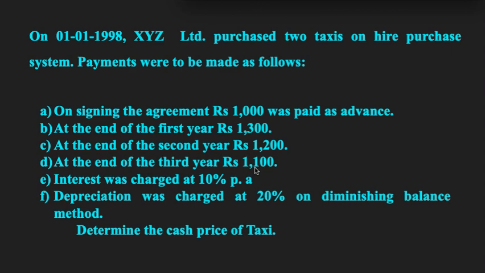Now what about when we have an installment of 1100 rupees? So how are we going to calculate? 1100 divided by 110 into 10. Here the 10 is what? It is the rate of interest. Fine. So we are going to get the interest amount on this 1100, right? So let us do that first.